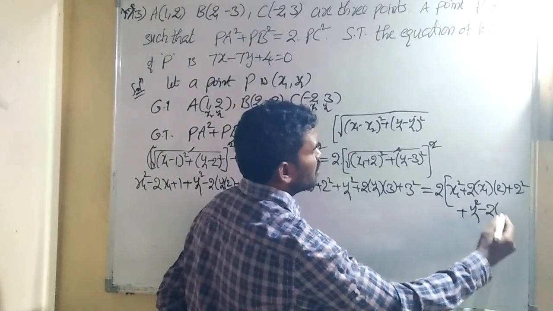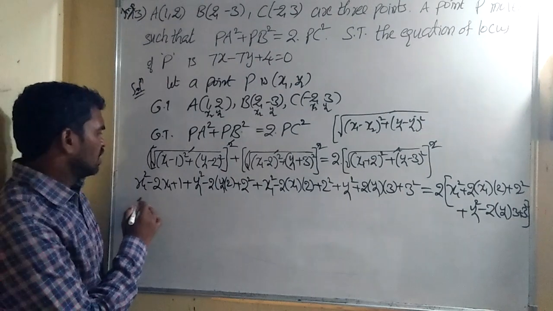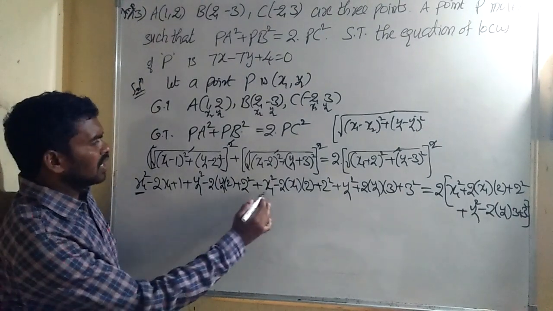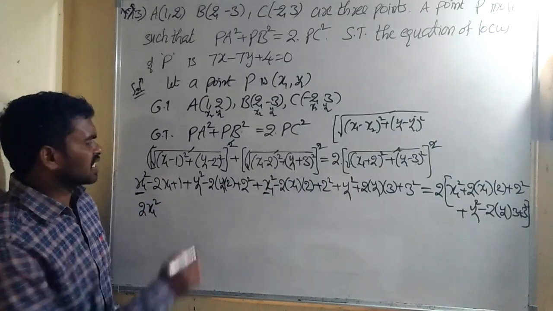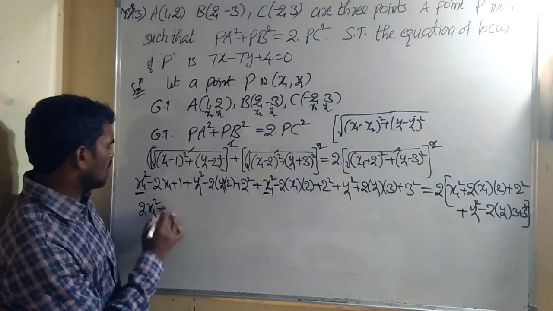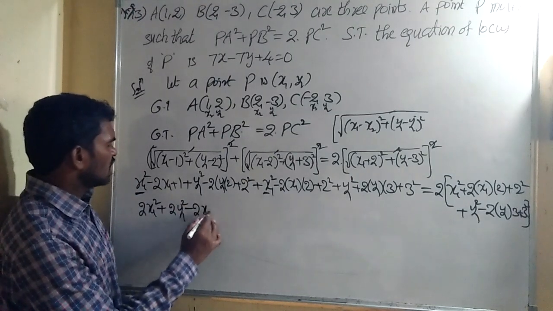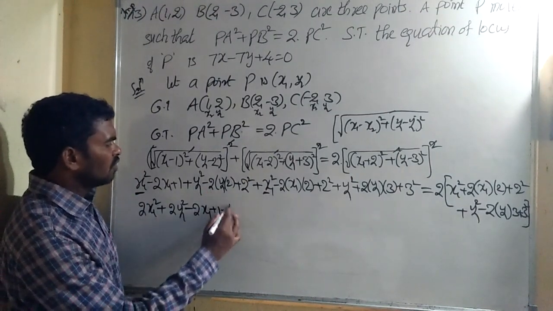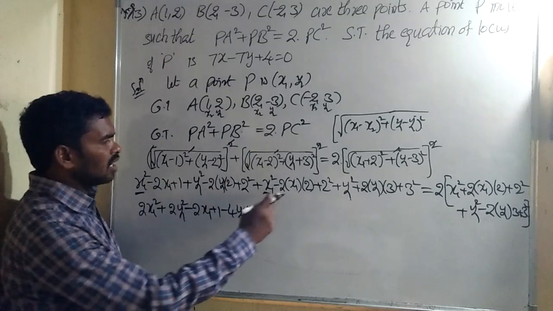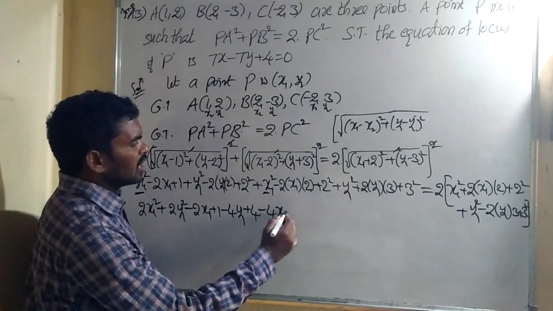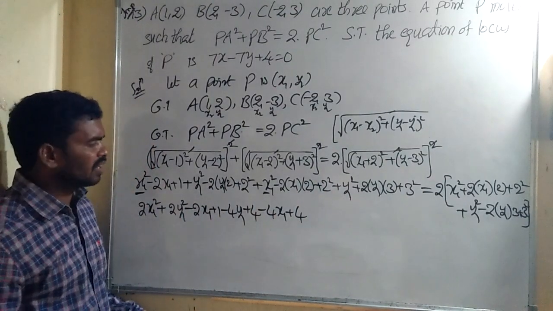y1 square minus 2 into a into b, plus 3 square, and then simplify. So we have here x1 square, here x1 square, totally we have 2 x1 squares, and y1 squares, here 1 y1 square, here 1 y1 square, so we have 2 y1 square. And what about remaining? Here minus 2 x1 as it is, here plus 1 as it is, here 2 2 ja 4 y1, 2 square means 4, already x1 square added, remaining 2 2 ja 4 x1, and plus 2 square means 4, plus y1 square already added, okay.